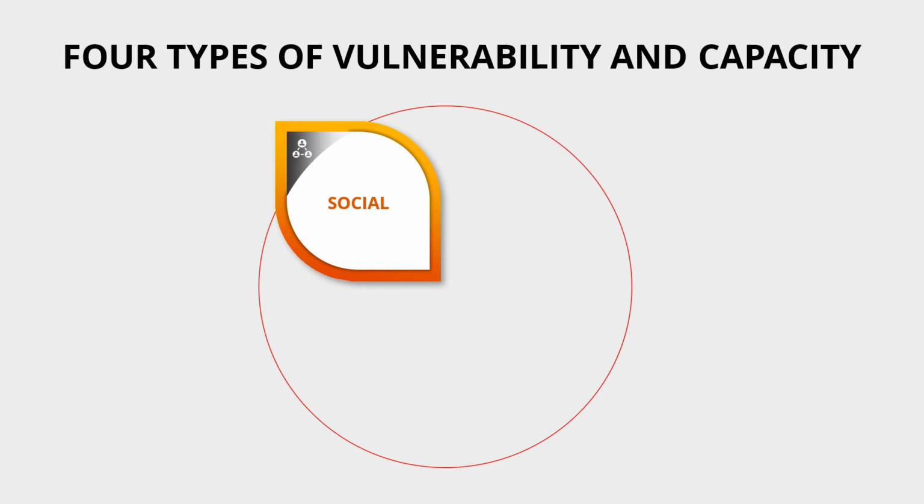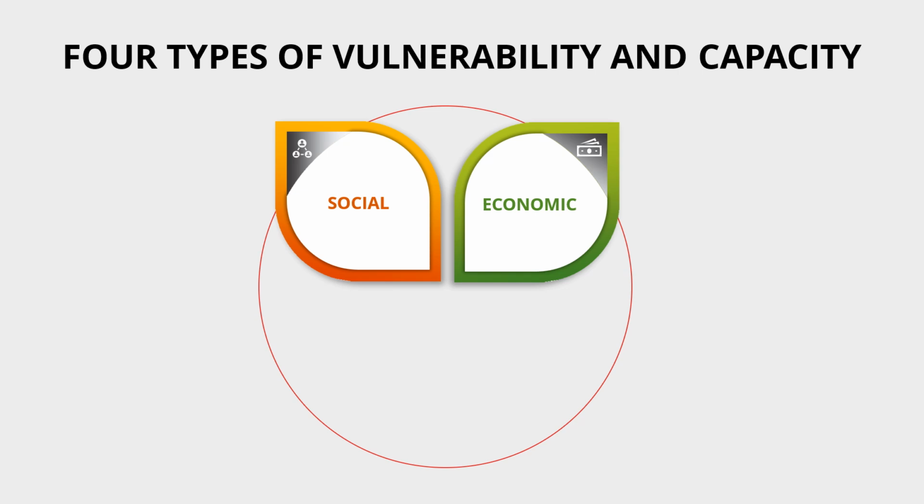Some populations may be more susceptible to harm due to factors such as age, income, education level, and other social and economic factors. A great example of social vulnerability is the difference in access to healthcare between low-income and high-income communities. A great example of social capacity is education. If people are educated and more aware of disaster risks and the potential impact, they will be better prepared. Economic vulnerabilities and capacity.